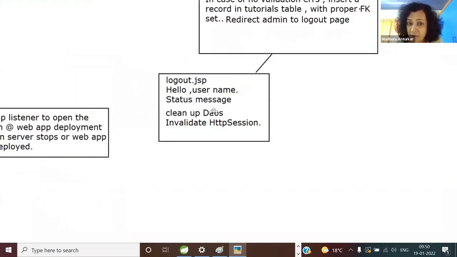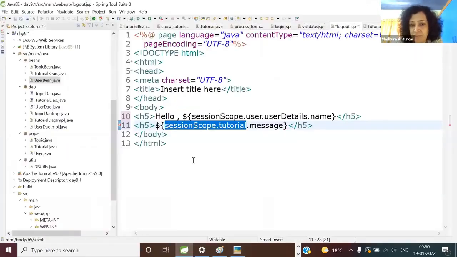Status message. Now we have to see, this is a slightly different way. I'm creating the DAO instances in the beginning. So in the login, I have to clean up the DAOs also. So anyone wants to tell me? Okay, first of all, is the requirement clear? Otherwise, you know that whatever DAOs will all stay open. So here,